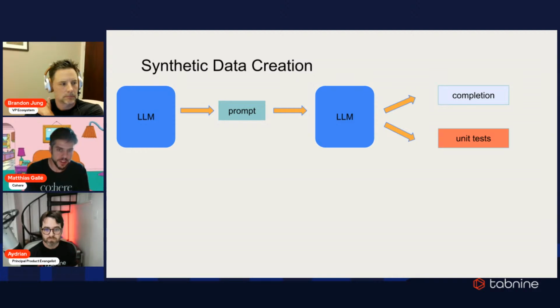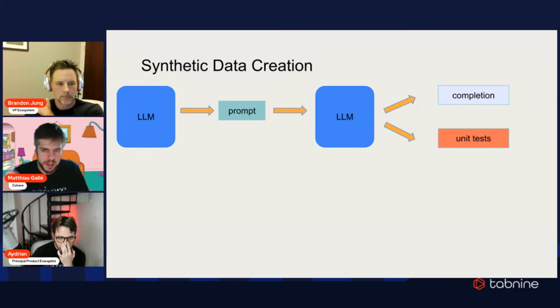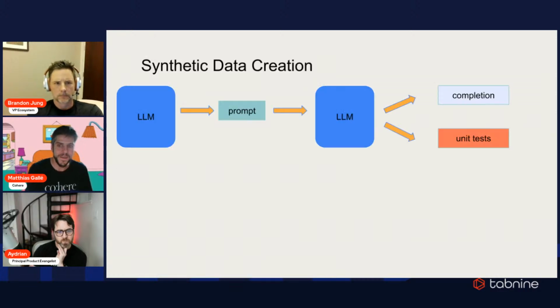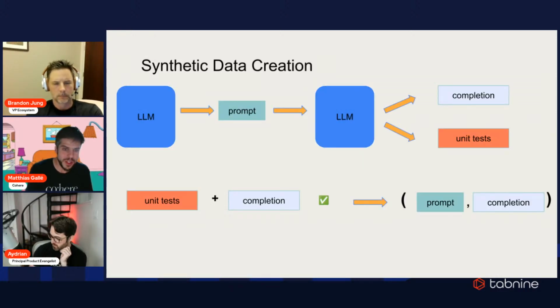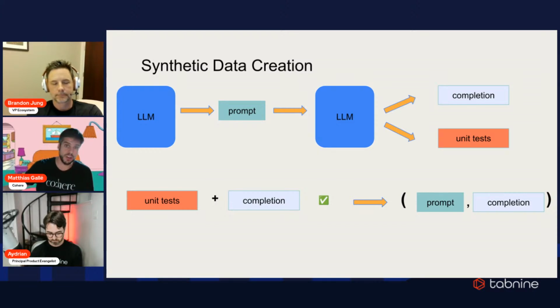And then it gives us, let's say, 10, 100 completions for each one of those prompts. We also ask the same LLM, with this prompt, or maybe with the prompt and the completion, we try different things, to also create unit tests. So it also creates this code snippet that you can see here. And what we do then is take the unit test that was generated and the completion, and we just run it through. And then if it passes, we make a big assumption here. If it passes, we assume that this is a correct data point, and we throw it into our training set for the next generation of our model.